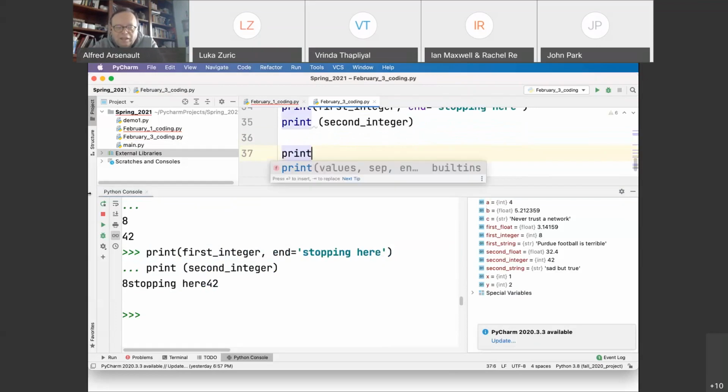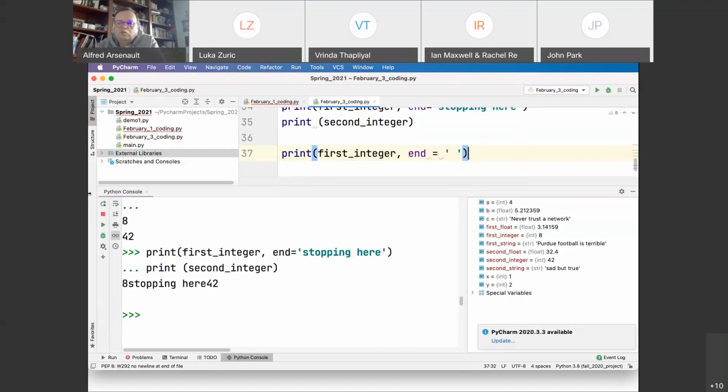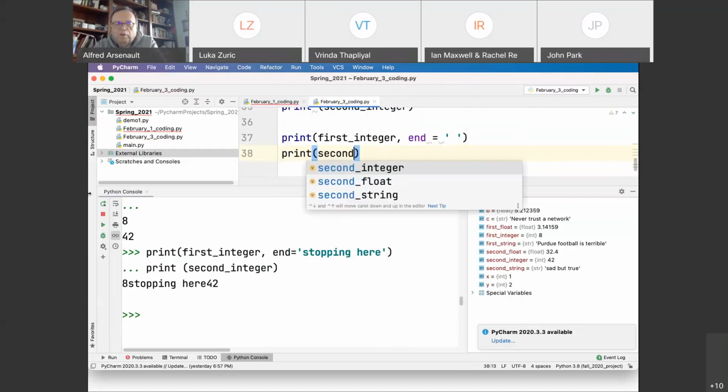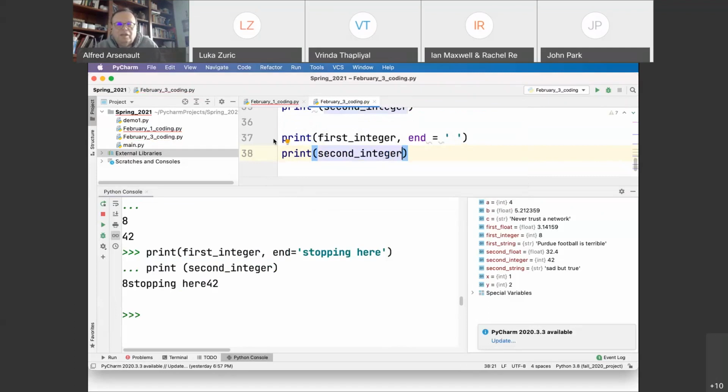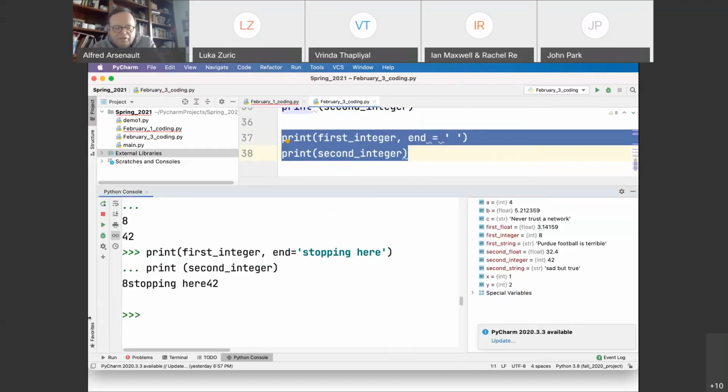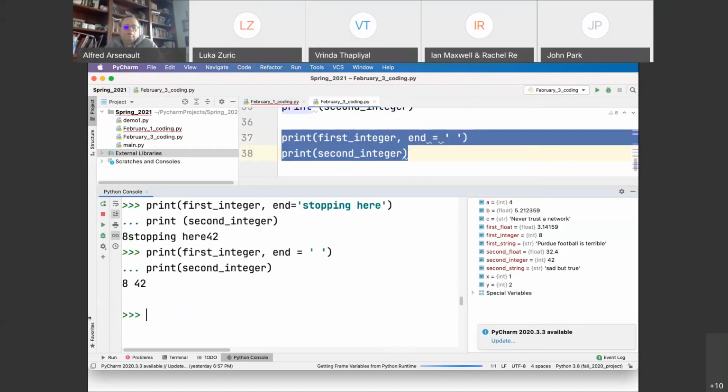Now, a more normal thing you would see is print first integer, and end equals, and a blank space. It's just one blank space in between the two single quotes. And so that will print one blank space after the 8. So here, I'm going to print the 8, print one blank space, and then on the same line, print 42. Okay, that is a more normal thing. Obviously, you wouldn't use this stopping here phrase. I did that to illustrate what's going on. But this is how you make multiple print statements appear on the same line